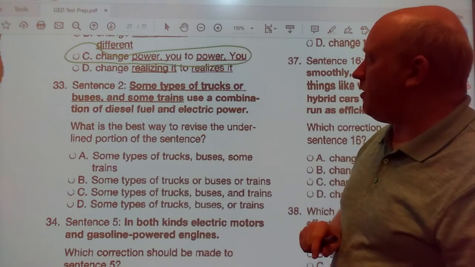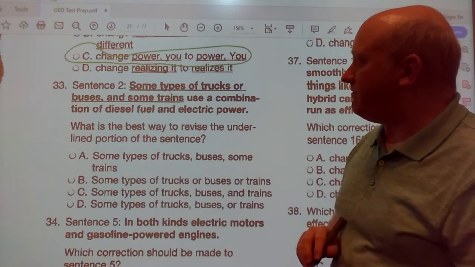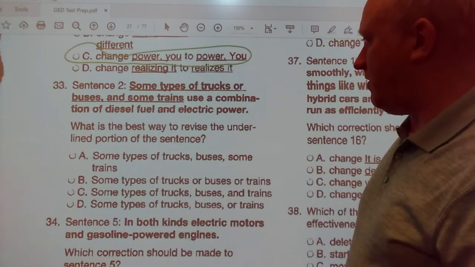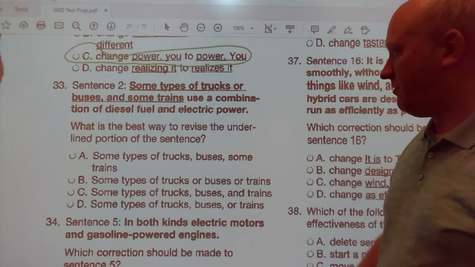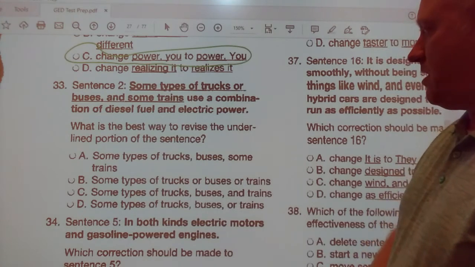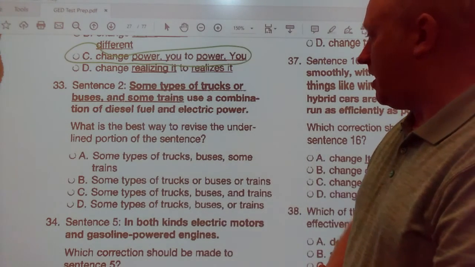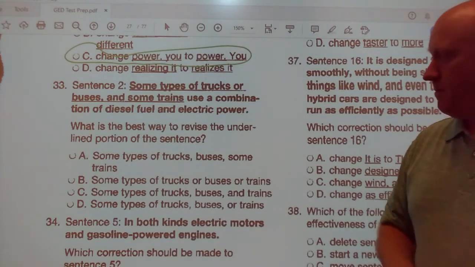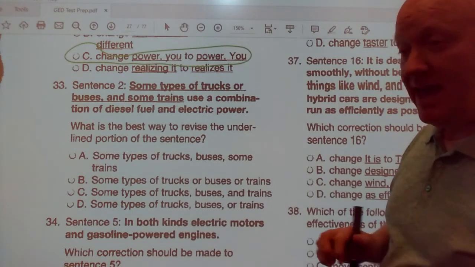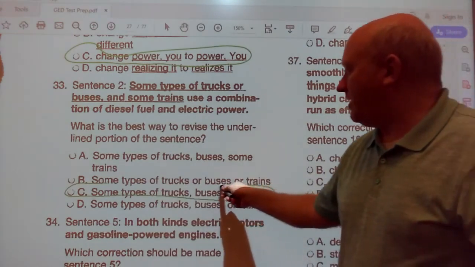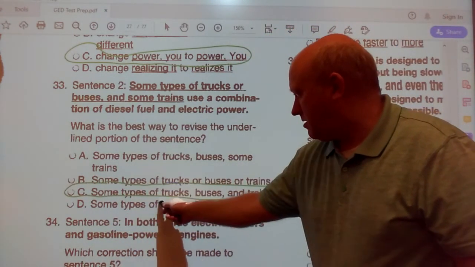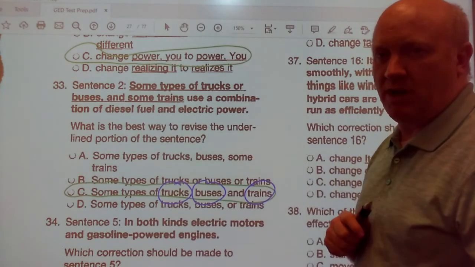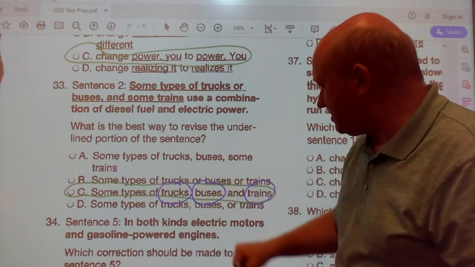Sentence 2. Some types of trucks or buses, and some trains use a combination of diesel fuel and electric power. What's the best way to revise the underlined portion? A, some types of trucks, buses, some trains. B, some types of trucks or buses or trains. C, some types of trucks, buses, and trains. Or D, some types of trucks, buses, or trains. Okay. The answer you should select is what? C. The reason why is because some types of trucks, buses, and trains are a series. And remember, a series is always separated with a what? A comma. They're items, a series of items. Trucks is an item, buses an item, trains an item, and they're all